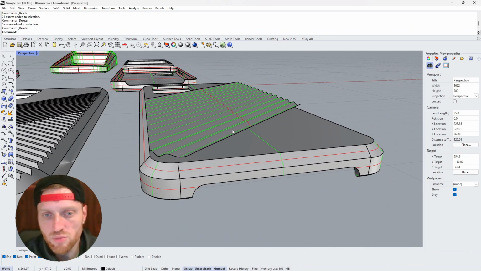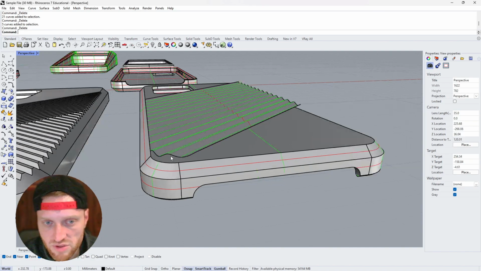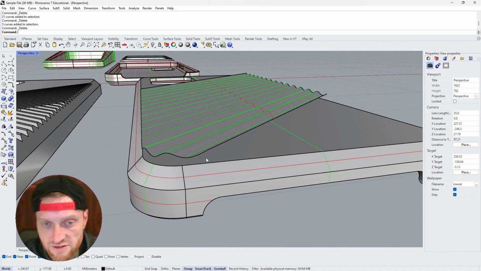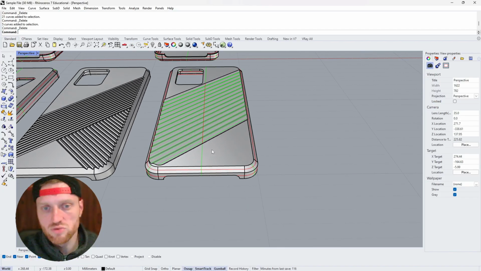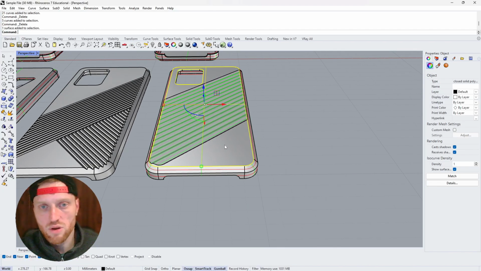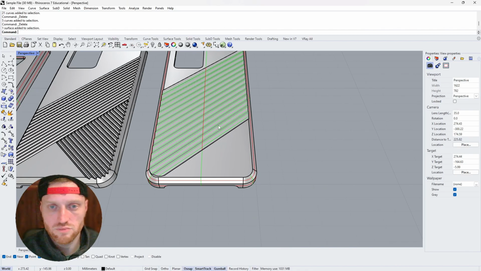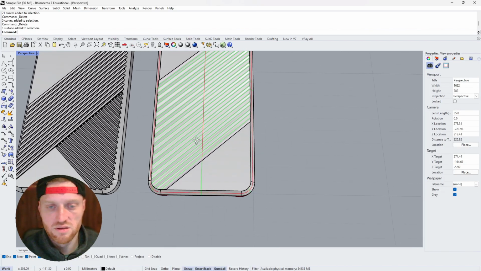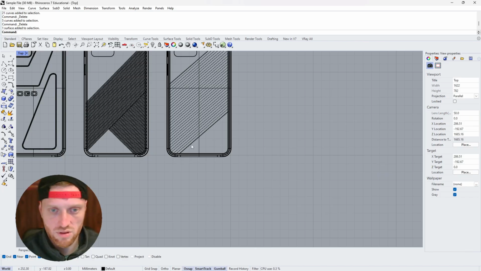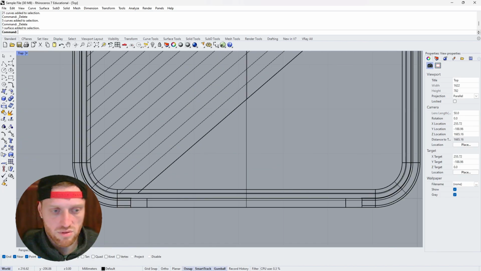So you can either do a Boolean again and remove some of the material, so the edge is in fact curved. So that's a possibility, right? You can stretch that surface and cut away material from this one, but that's not what I want to show you this time. What I will show you instead is the following. First of all,